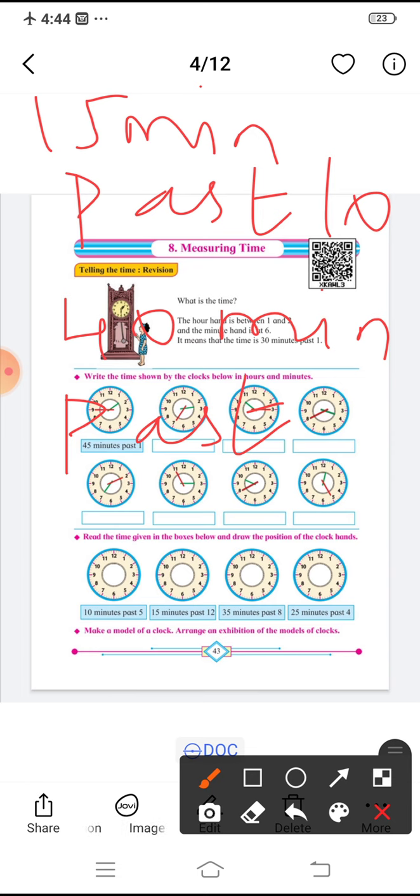It is on 4. So you will write 4? No, you are supposed to write 3 only. Because why? Because in 20 minutes it is going to become 4. So it looks like it has taken the place of 4, but actually it is not. We are not supposed to write it as 4. Okay. Now see the next one.